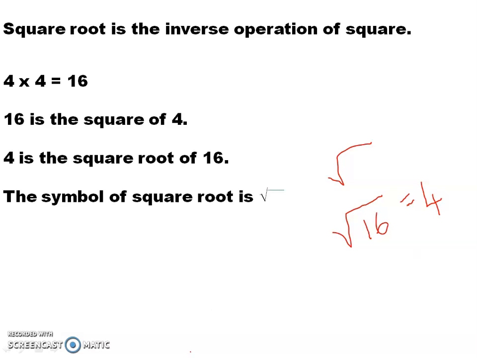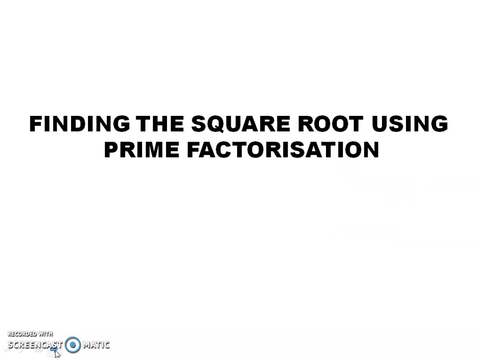Next one. Students, you have learned this before while doing Pythagoras theorem in class 7. So, not much explanation is needed here, but we'll just revise how to find the square root of a number. You have many methods to find. Here we are dealing with two methods. The first one is finding the square root using prime factorization method.